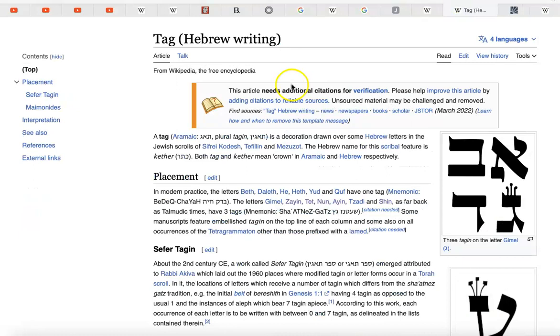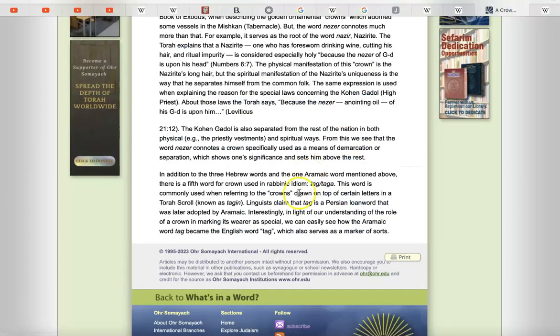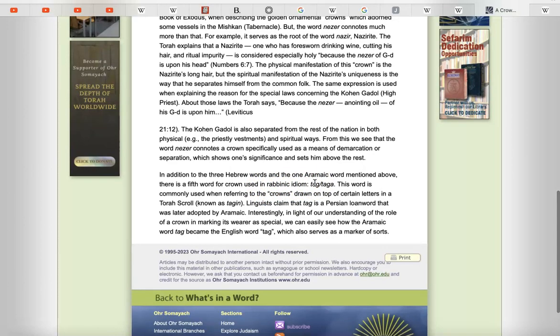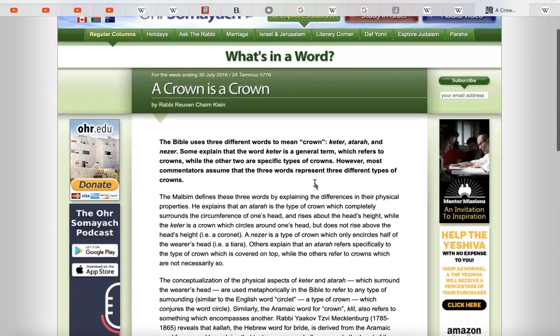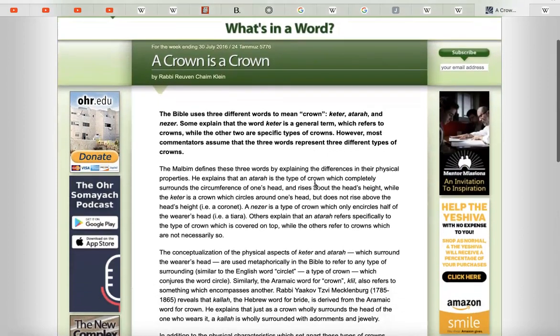Was he aware of this, and that it is just another word, in the rabbinic idiom, for the word crown? I don't know. I have no way of knowing that for sure. But what are the odds, you guys? What are the odds? So, I'm kind of all talked out. I've been at it for an hour and 38 minutes, plus my little breaks.